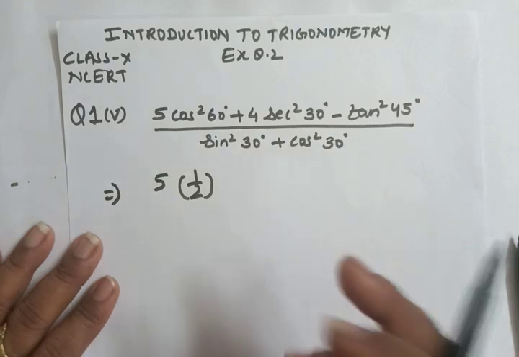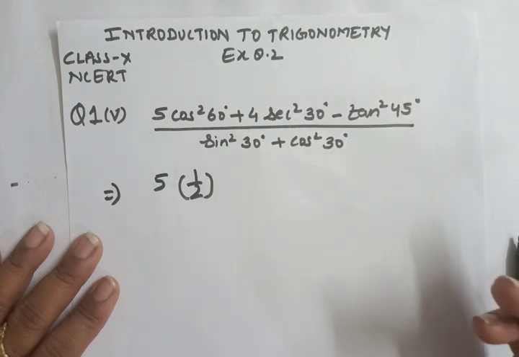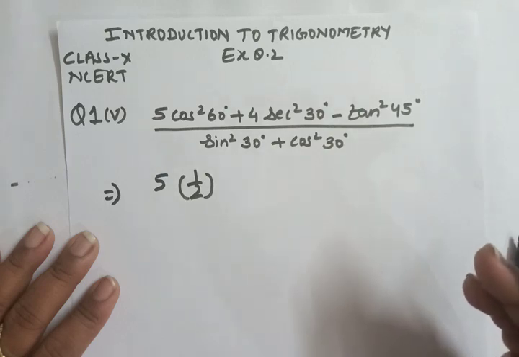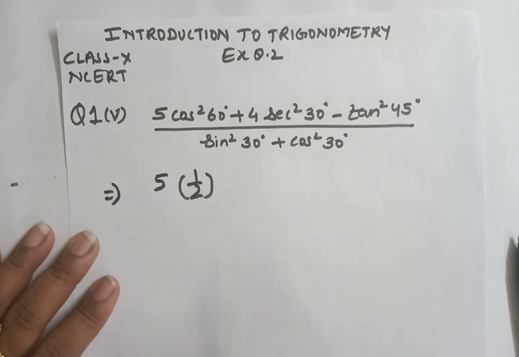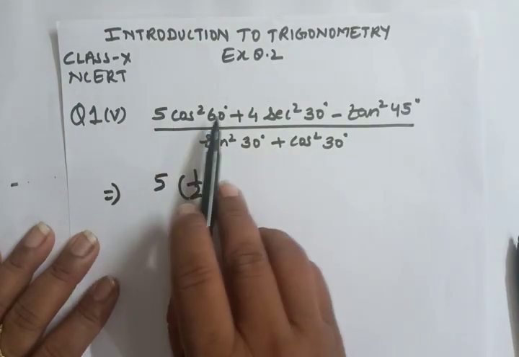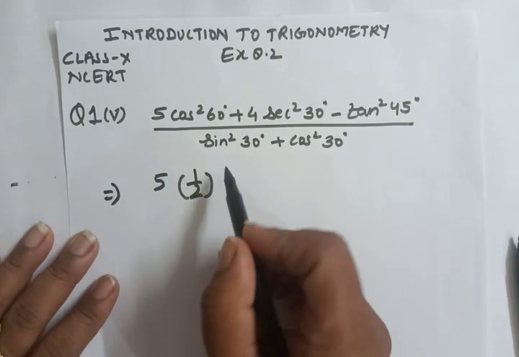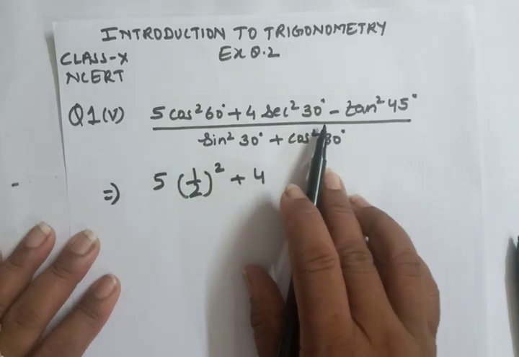Most of the students, if such type of question comes in trigonometry, since 3 or 4 questions come from trigonometry, of 1 marker, 2 marker, 3 marker and 4 marker also, they make the table for themselves on the last page, in a rough page, and that will take only 1 minute. So cos 60 is always equal to 1 by 2, and since here it is cos square 60, the square will be there, plus 4 sec square 30.